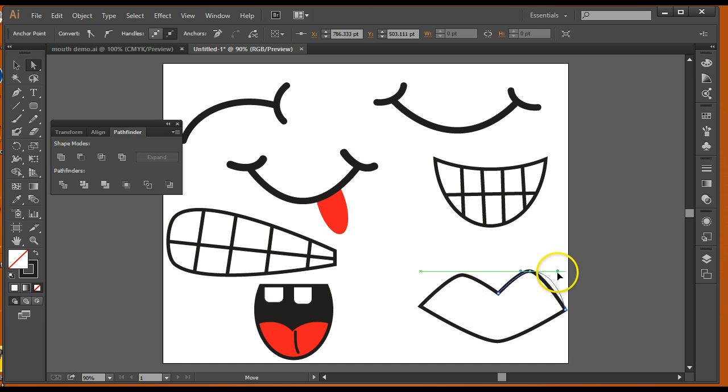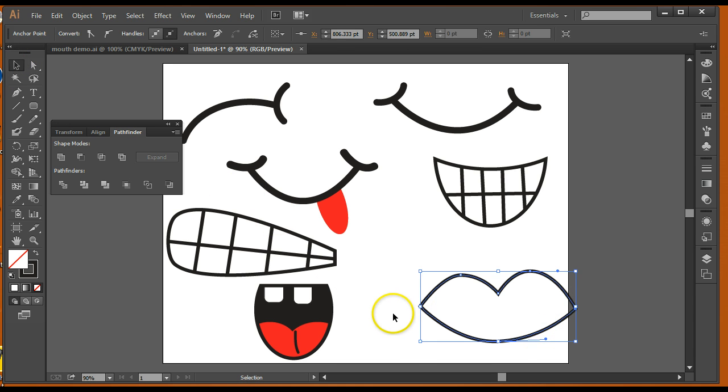When you're working with the white arrow, you can use those handles to reshape a curve a little bit. You can bend it, you just reshape the slope of the curve if you feel like you want to do that. All right. So this is the basic shape of my mouth. I'm going to move this corner point out a little bit, widen that out some. Now I'm going to take the black arrow, now that I have the basic shape the way I want,